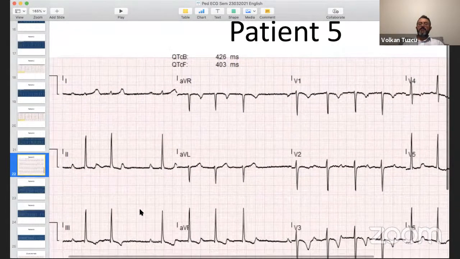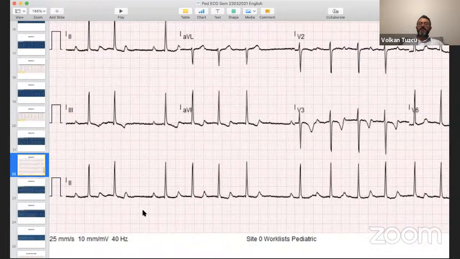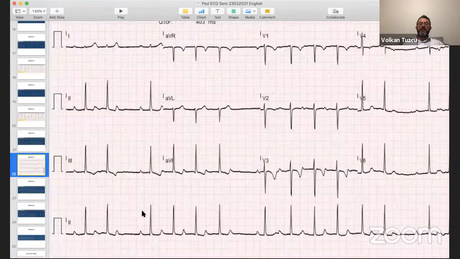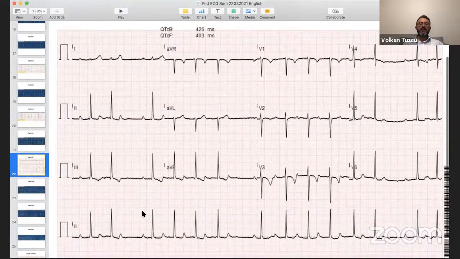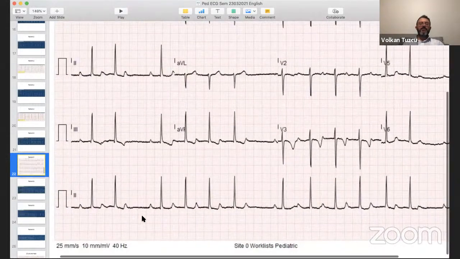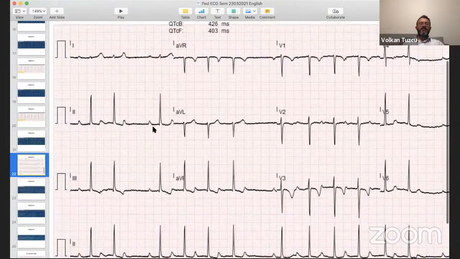Okay. Here are the comments. Mobitz type 1 AV block, question of Mobitz type 1, focal atrial tachycardia, all this. Wenckebach and Mobitz type 1 are the same. Atrial tachycardia, paroxysmal atrial tachycardia. So I don't know the age of this patient. It's not written here. First of all, if you look at the P waves, these P waves look like sinus morphology, right? I mean, in terms of morphology.